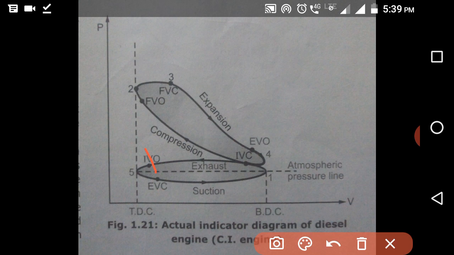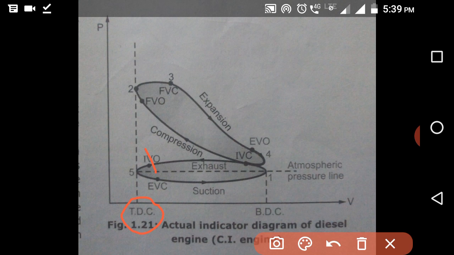So I can represent the opening of the inlet valve with reference to top dead center, at what crank angle the inlet valve will open with respect to top dead center.